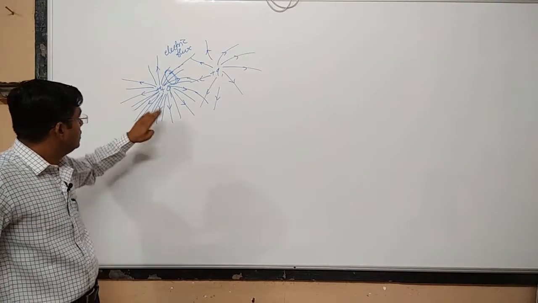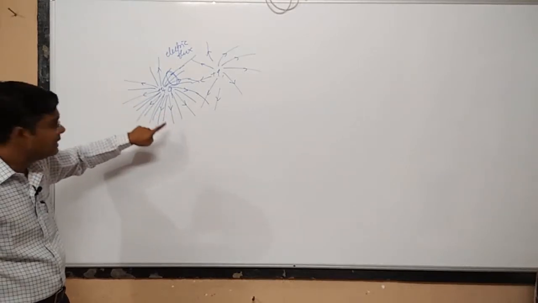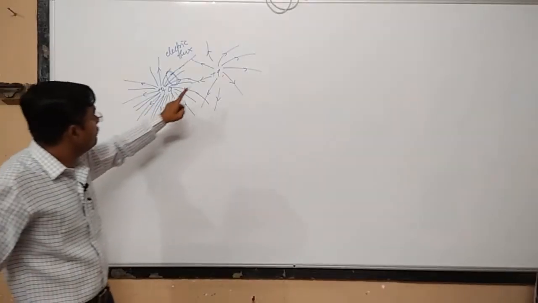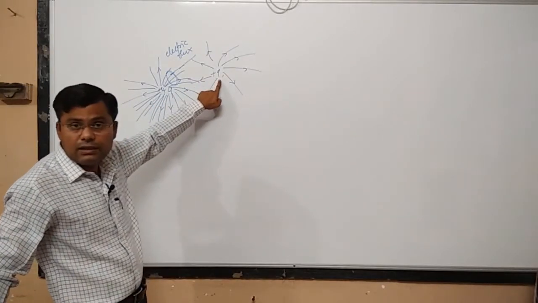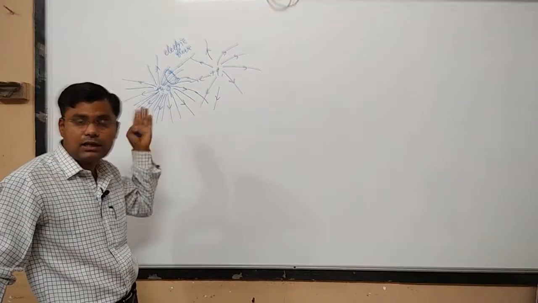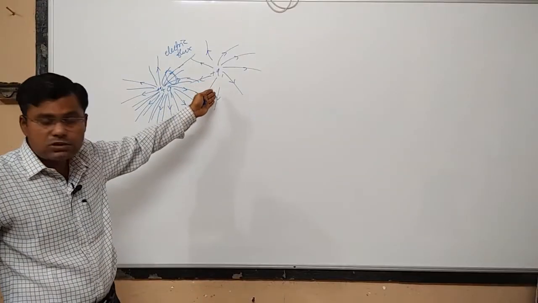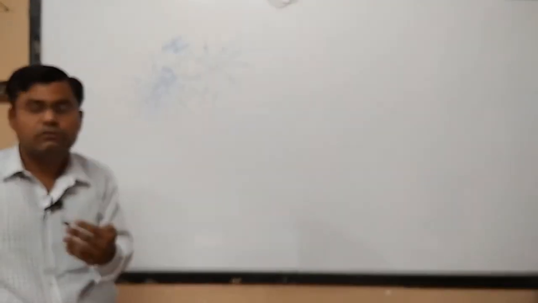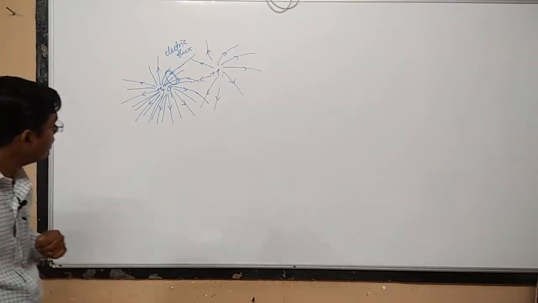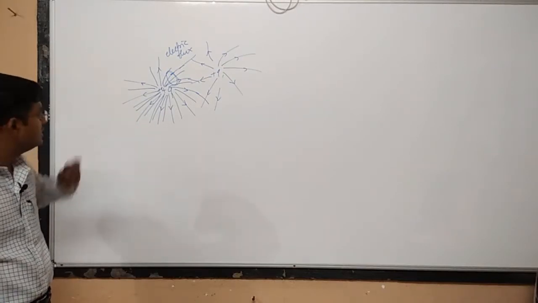Here you can easily see that since the electric lines of forces are crowded, we can say that the electric field is strong, okay. Whatever electric force is experienced by this particle will be more than the previous one, because now the electric lines of forces are crowded, and more lines will cross with the electric lines of forces of the other charged particle, and therefore the amount of force experienced by the other charged particle will also be more, okay. So this is the representation of electric lines of forces, or the electric field in general.